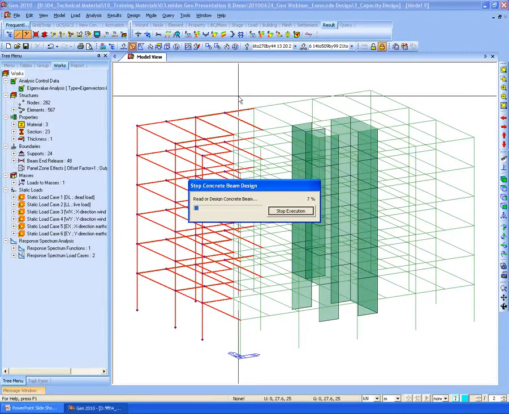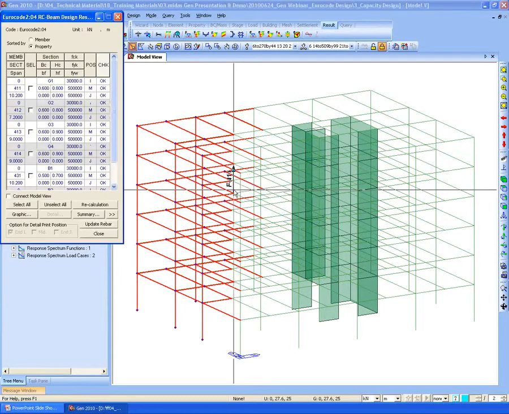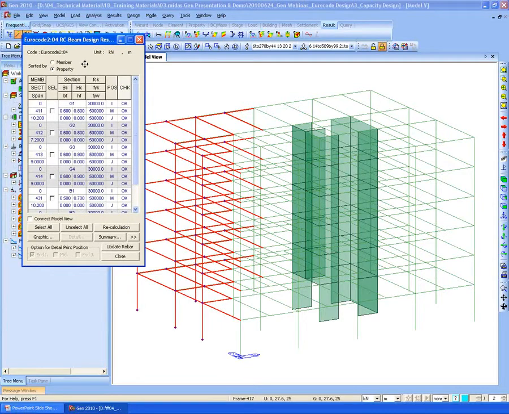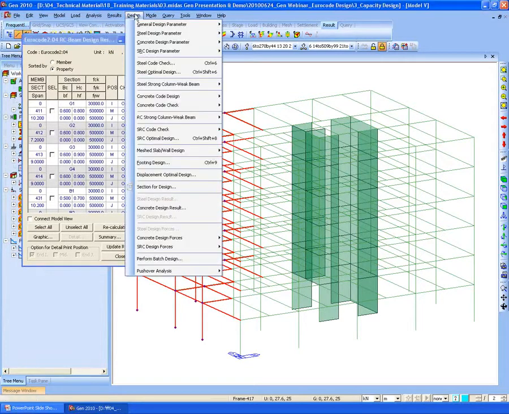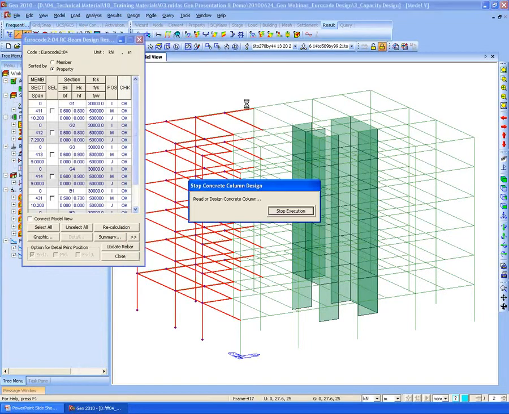We need to perform beam design first, since the capacity design is using the design resistance of the beam to calculate the column's design moment and shear force, and perform the column design.